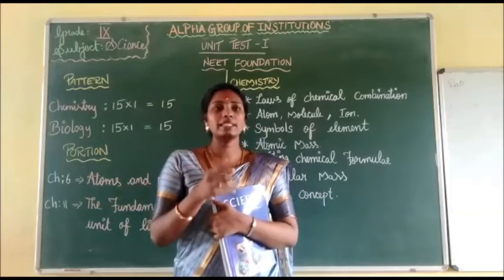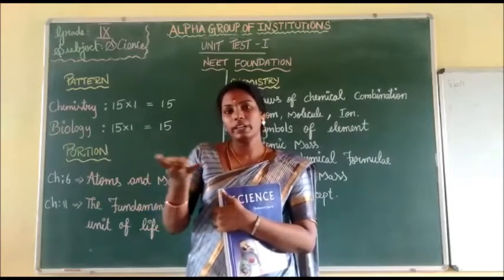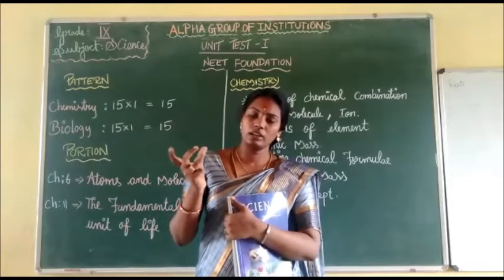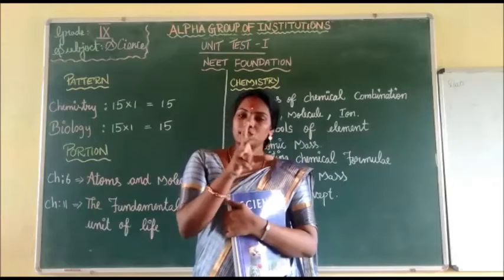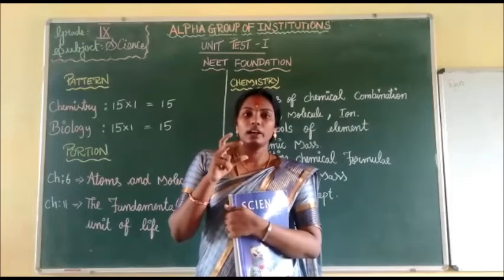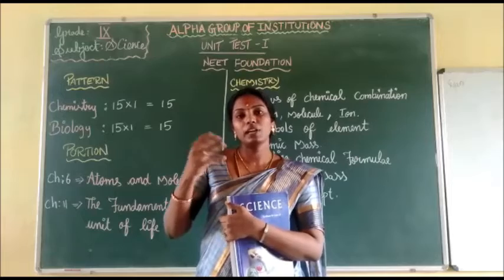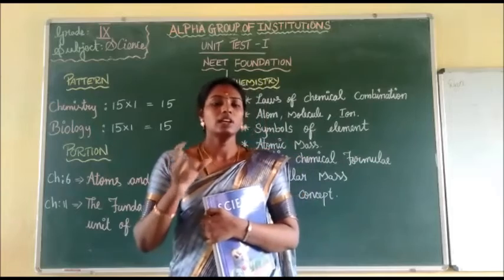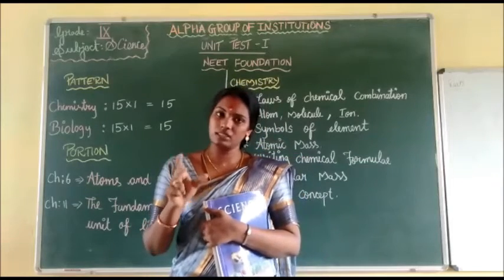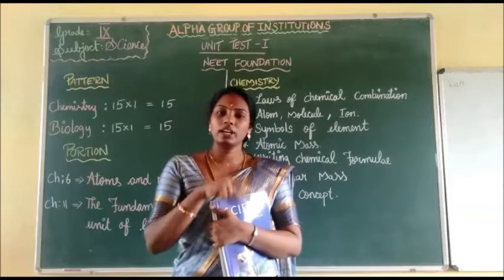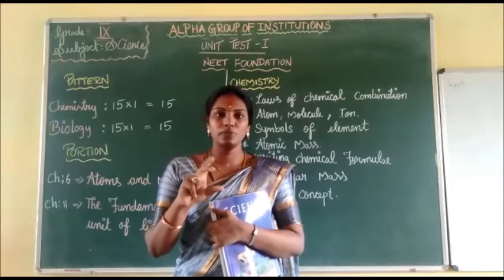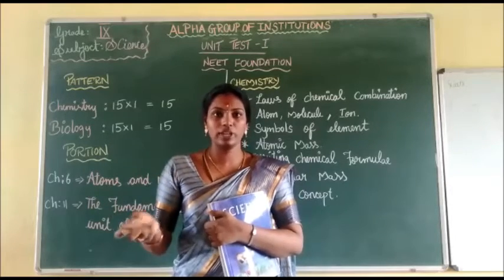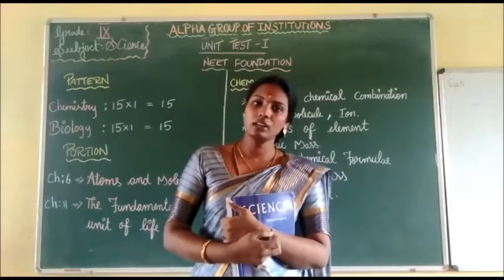Okay, for example, for this also he did one experiment. He said that the mass of water is in the ratio 1:8. That is in normal water, but if I am taking any other water, whatever the source may be, the mass proportion is always the same. It doesn't change its proportion. So he concluded that any substance is always in the same proportion. So these are the two laws of chemical combination.